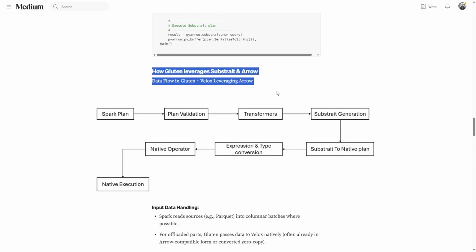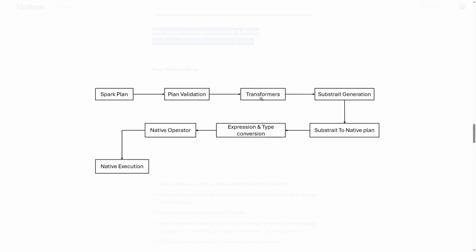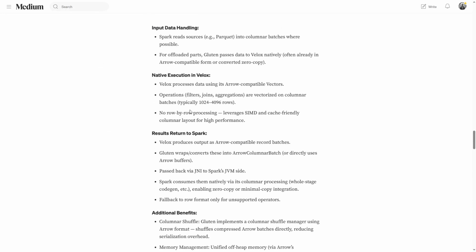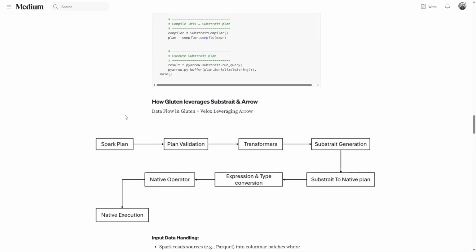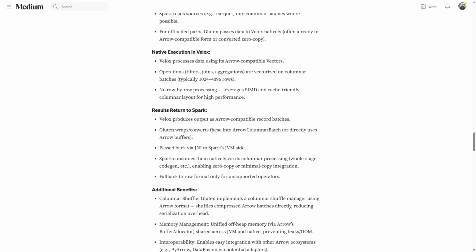And how Gluten works: the Spark plan is generated, plan validation happens, then it does some transformations. Substrait plan generation is done by Gluten. Substrait is sent to the native plan, and then the expression type conversion happens. The native operator is picked up, and the native execution happens on the Velox side. So this is how Spark and Gluten use Substrait and Arrow to do the native